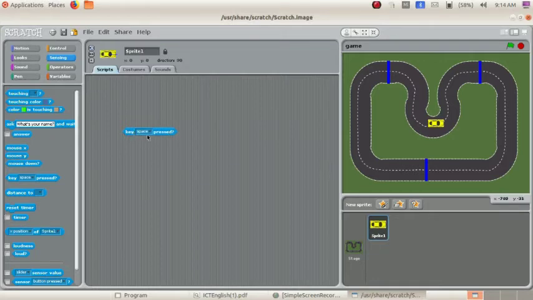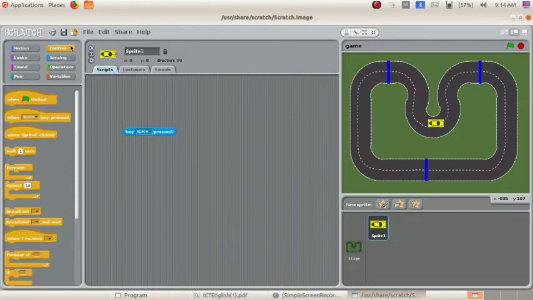Now the key space pressed block. You have to bring the if block, which is in the control tab. This is the if block, so bring it to the script area. Then adjust the key pressed block in this space.